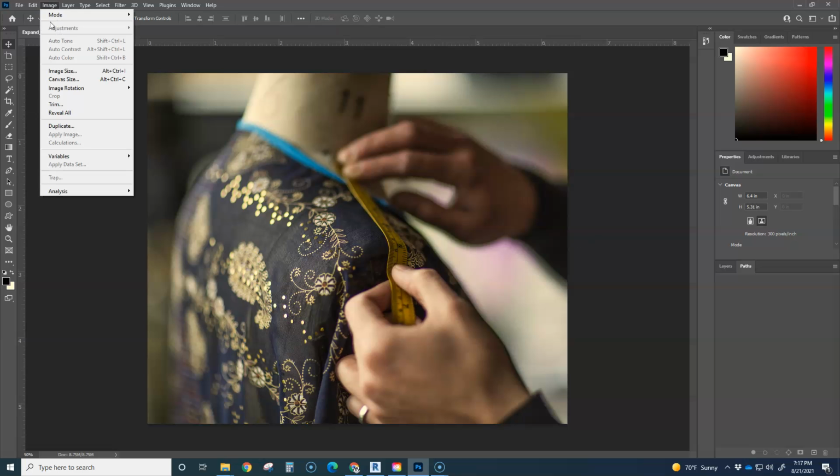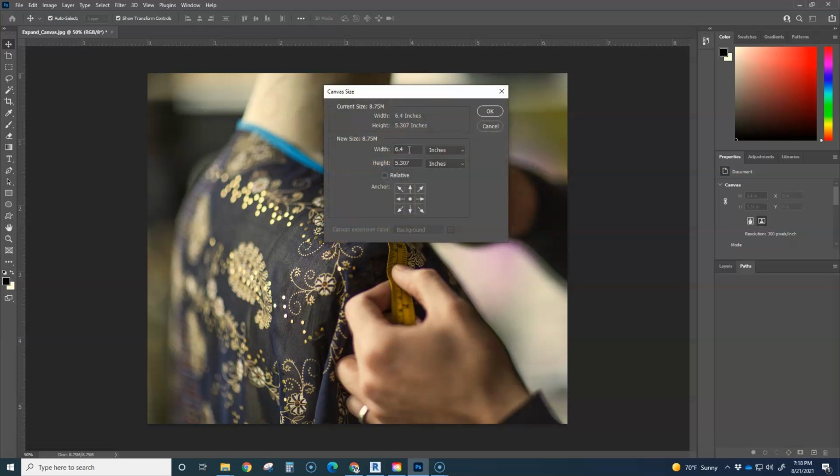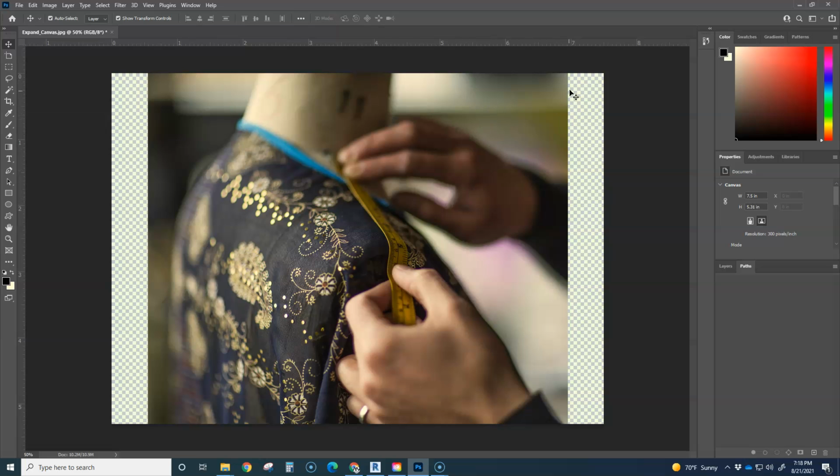So you go to image, and instead of going to image size, you go to canvas size. And right now my canvas size is equal to my image size. So if I change this and I want the width to be, let's say, 7.5 inches, I can simply say 7.5 inches. And if I keep this in the center, take a look at what will happen. It'll keep my image, and it'll actually make my canvas, or my paper, wider to be 7.5 inches. I'm going to undo that,